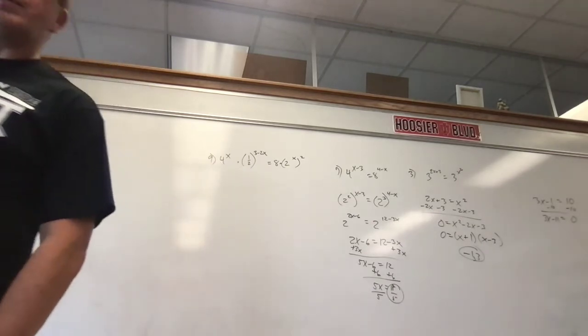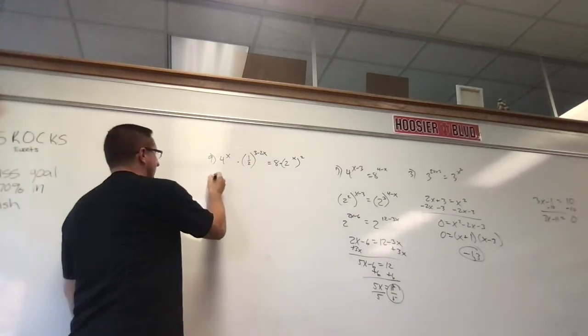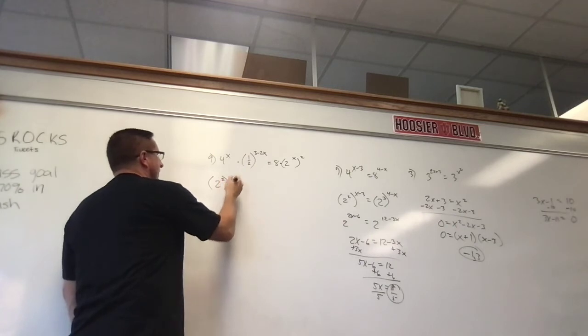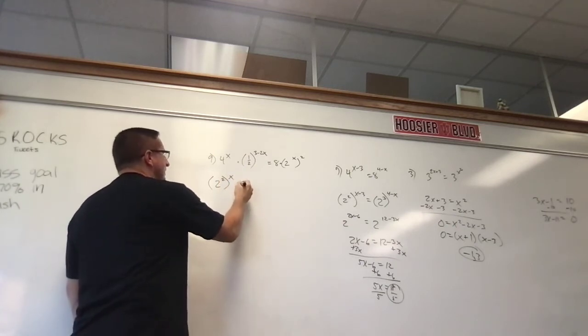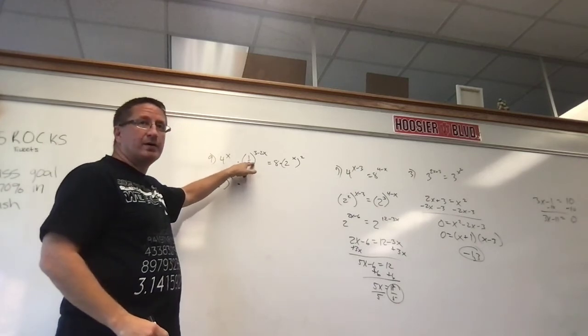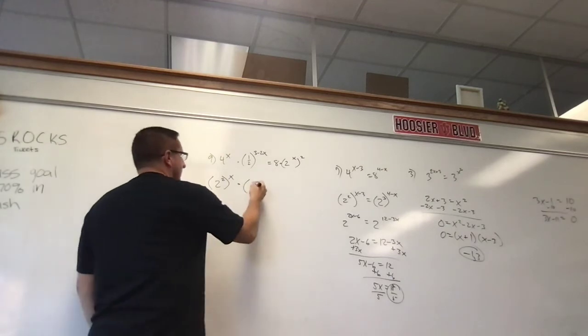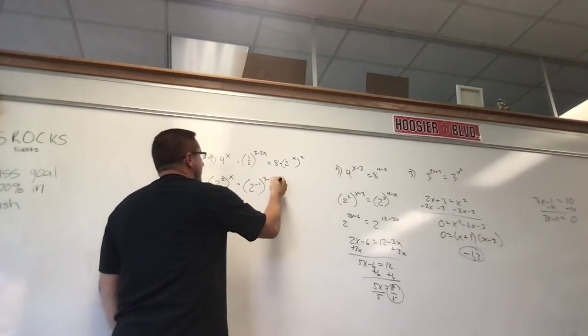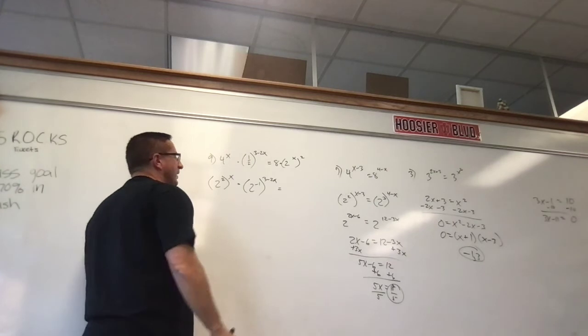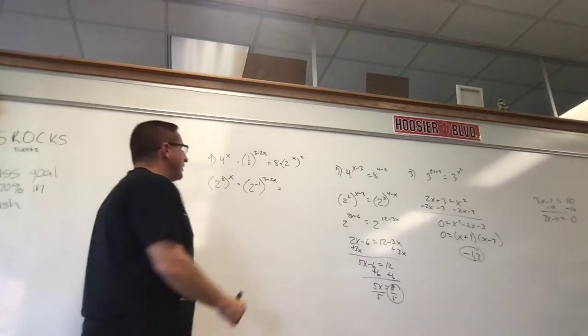Any idea what our bases are all gonna be? 2 to some power. Make them all 2 to some power. So 4 is the same as what? 2 squared to the x times, we've already done this, 1/2, that 2 is to the first power. Move that 2 to the first power up, it's what? 2 to the negative first, to the 3 minus 2x equals, can I rewrite 8? 2 to the third